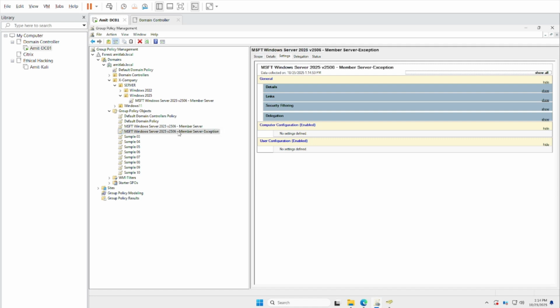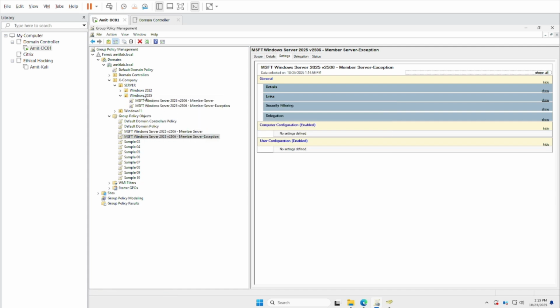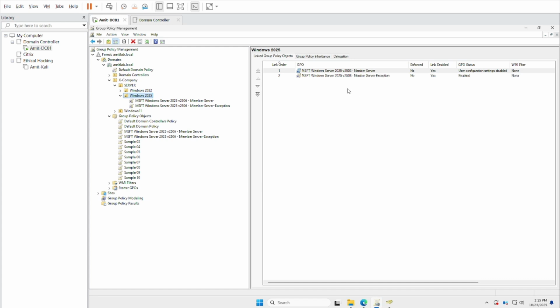you can follow any naming convention you need. And I can say okay, the link is here because I want to make some changes here, and I can see my first policy link order is this, and then my second policy link order is this. So